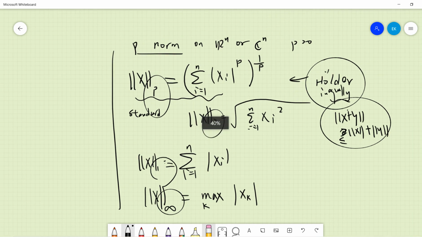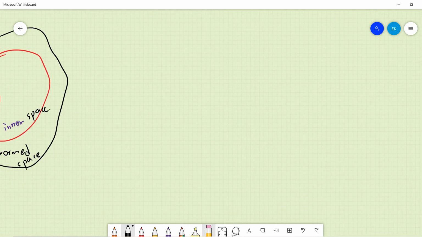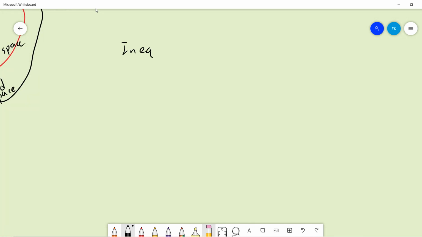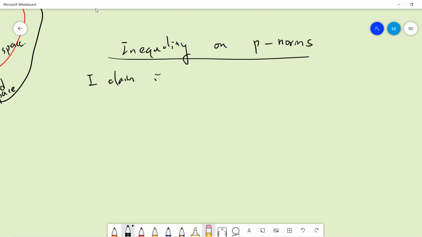Okay, so let's finally give the inequality. So this inequality is very trivial, right? But I want to say a little bit. So inequality on P norms. What important thing is that I claim that if you restricted the norm on 1 or 2 or infinite norm, then that will be restricting on all of it. So for example, if I set x 1 norm to be something, right? To be something, then